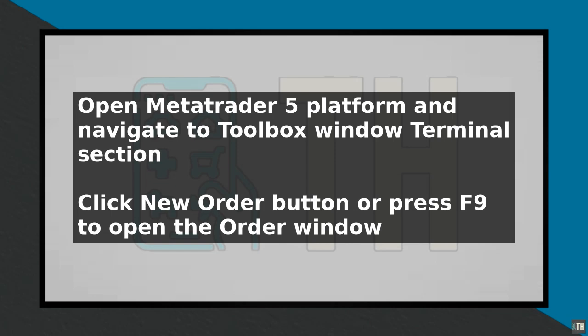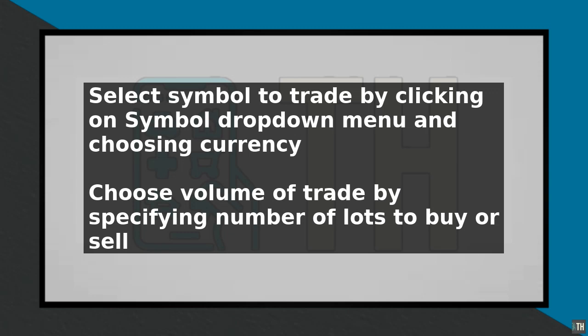Next, specify the type of order you want to place, which can be a market order, limit order, stop order, or stop limit order. A market order is executed immediately at the current market price, while a limit order is executed when the market price reaches a specified level. A stop order is used to limit losses, and a stop limit order is a combination of a stop order